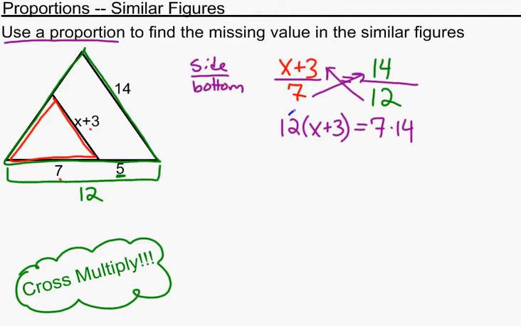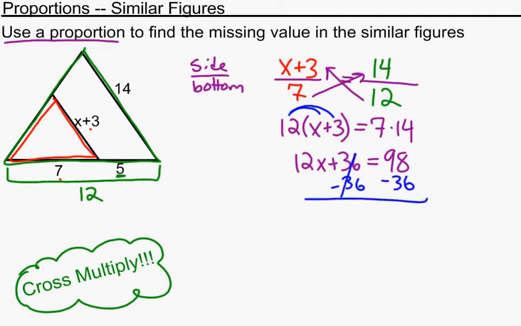So I distribute the 12. That gives me 12x plus 36 equals 7 times 14 is 98. It's a two-step equation now. Subtract 36 from both sides. That gives me 12x on the left. And now that equals 62. Divide by 12 to isolate the variable. And I end up with x equals